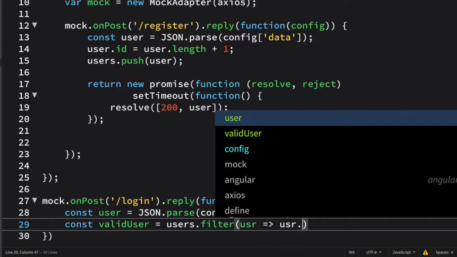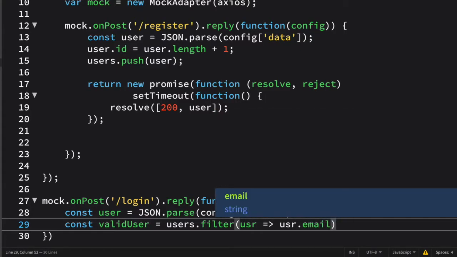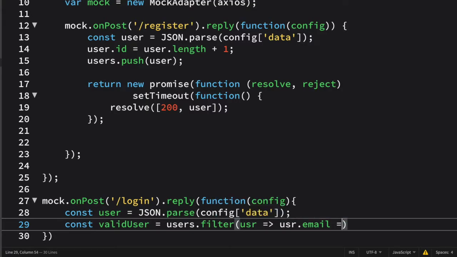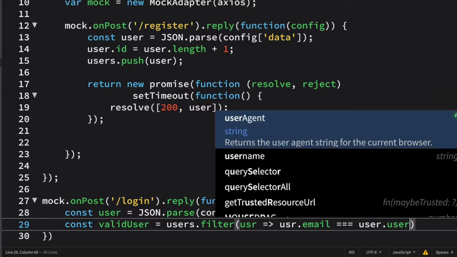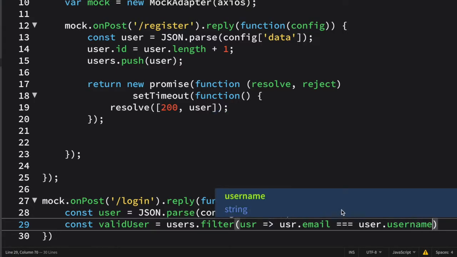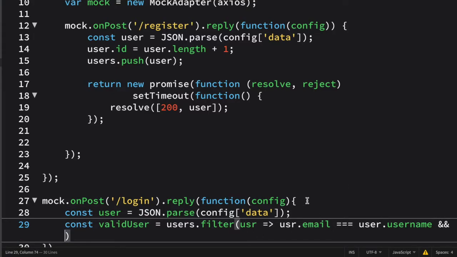So here I'm trying to use this arrow function to check whether user.username is actually equal to the email which is present inside our server, or in our database. And after this you have to write here user.username, all of these things should match. Here this triple equal to is known as the strict equality operator, which checks for both type and exact equalness of the data.